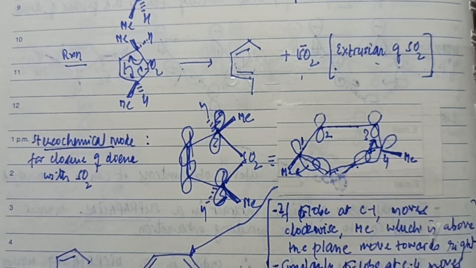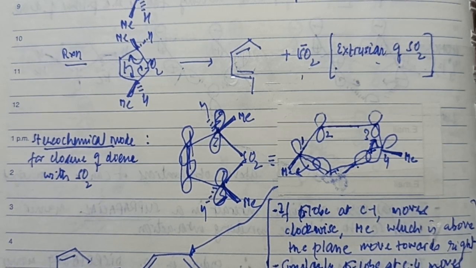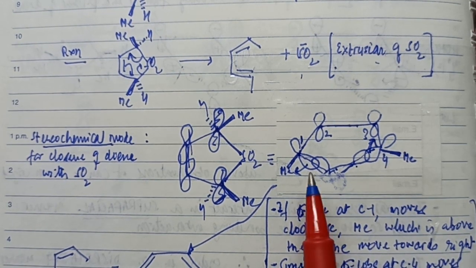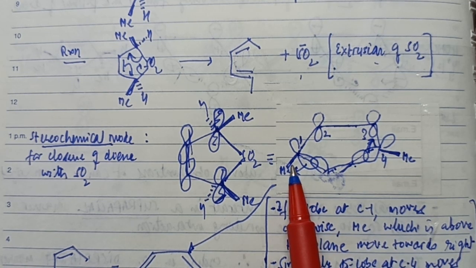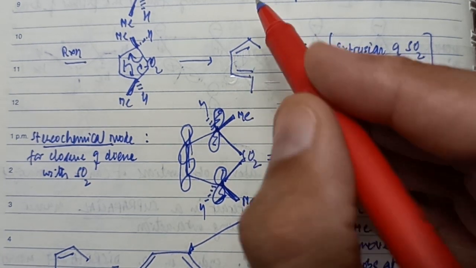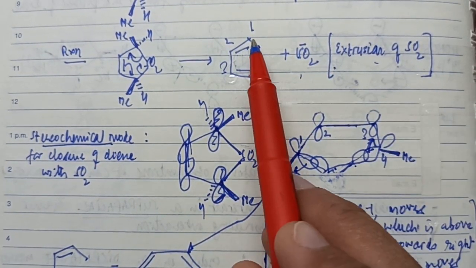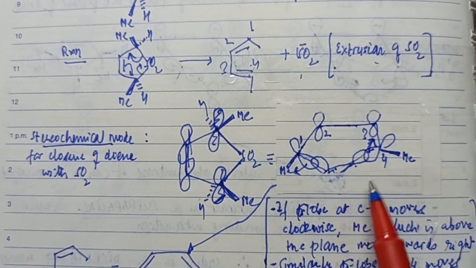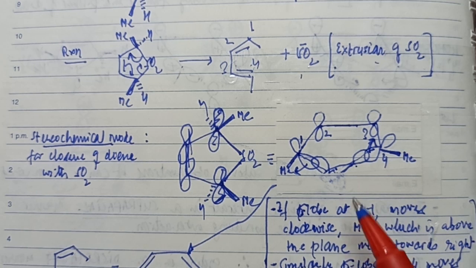This is the sigma bond here. I've shown this sigma bond with the help of the internuclear overlap of the two p lobes. Now, while undergoing an internuclear overlap, as you can see in the product, this methyl on the first carbon atom, let's say this is the first carbon atom and this is the fourth, is going inside, and this methyl on the fourth carbon atom is going, let's say, outside. Or you can say the other way round, because I've depicted it the other way.